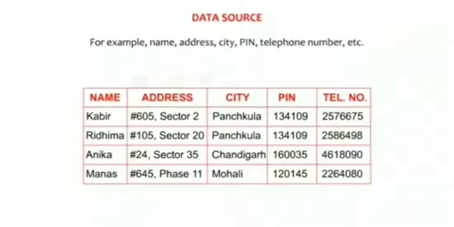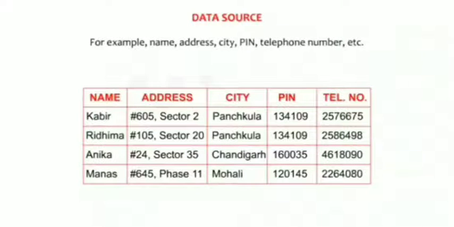Our mail merge can be divided into three basic steps. First is the data source. This data source is basically a mailing list or the recipient list. The recipient list means this table or the data source will contain all the information related to our receivers, like their name, address, city, PIN, telephone number, etc. And here all the column headings can also be named as field names